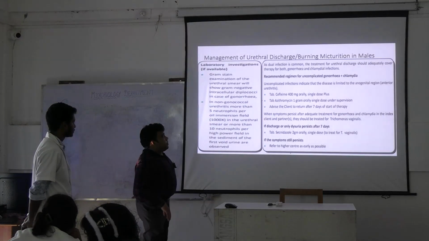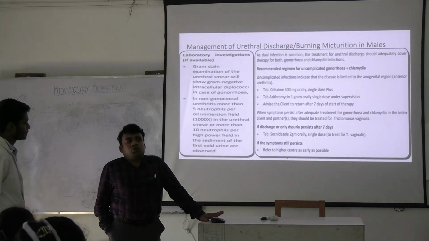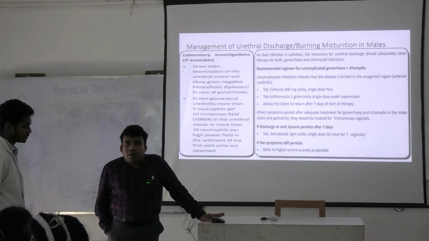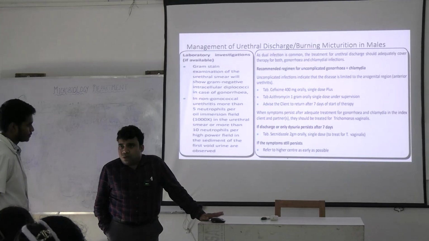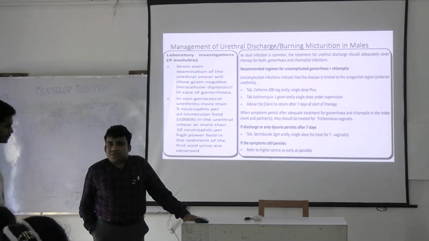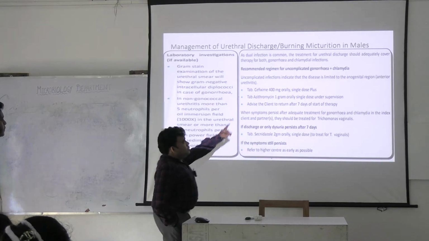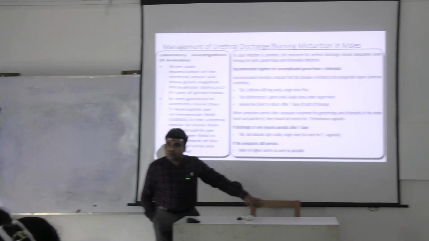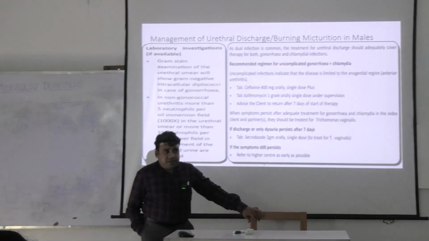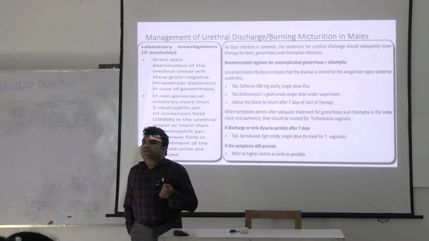Now let me explain this. Because we are not going for etiological diagnosis, we need to treat for both gonococcal and non-gonococcal. Antimicrobial agents have been taught to you, so I'll just give you the specific answers. I won't complicate. For gonococcal, we give cefixime 400 mg. It's a beta-lactam drug, a third generation cephalosporin, and it is highly effective. And more importantly, it is available in the oral form.